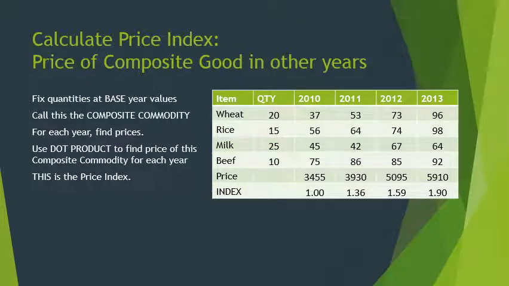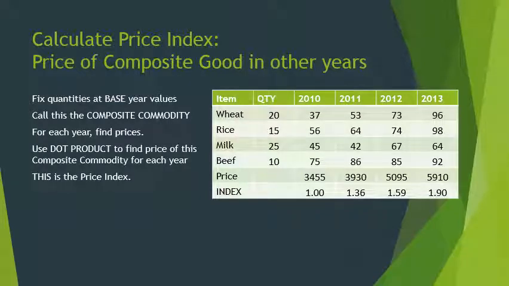Now in 2011, all we need is the prices. So the prices, let's suppose they change to 53, 64, 42, and 86 for wheat, rice, milk, and beef respectively. Now we take the sum product of the quantity column with the 2011 prices, and we get 3,930. And we do the same thing in 2012 and 2013. Each year we need only the prices. The quantities are fixed at the base year quantities, and we just calculate the